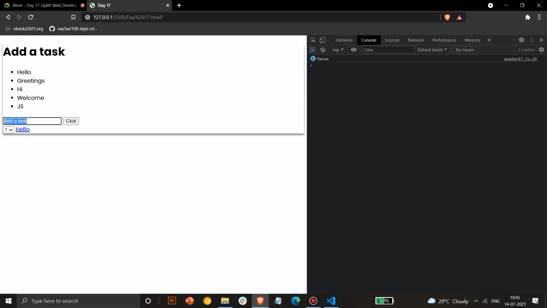If you are running something heavy on the backend and you want the task to run only when you keep it on focus, as soon as I click focus, it will update. It won't update when I write a key or something like that. It will update when I focus over it. So focus basically works when, in simple words, we can say the element is active. Yes, when the element is active, then it works. So it can be used with both keyboard and mouse elements. This is general.